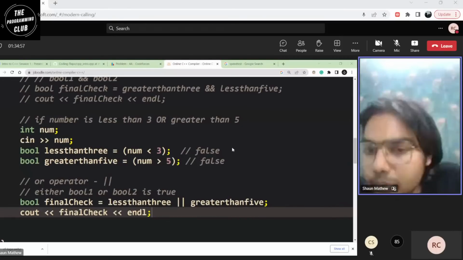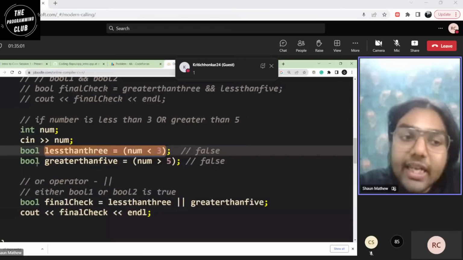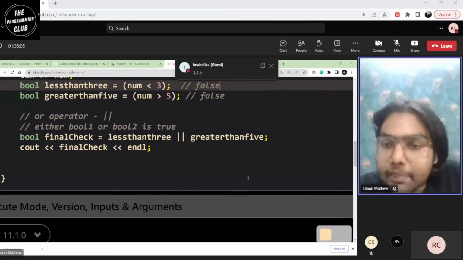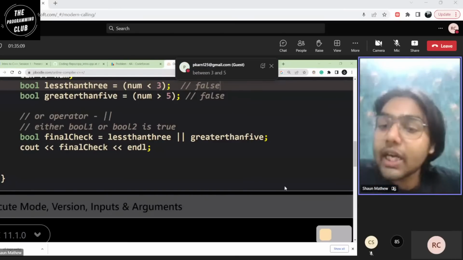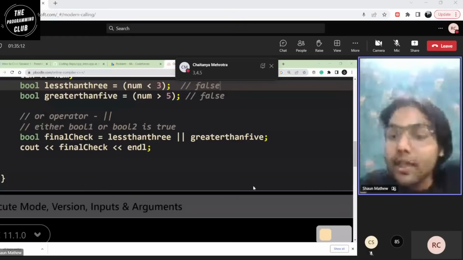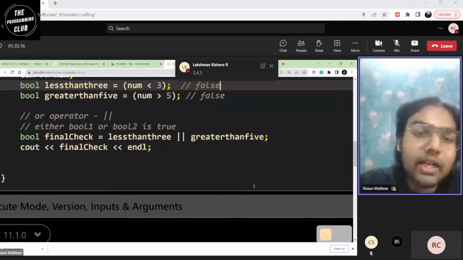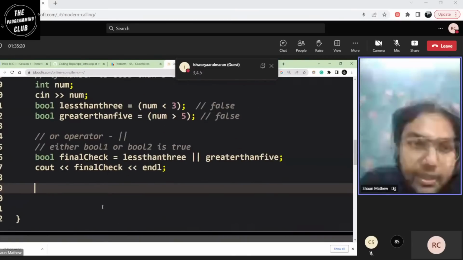It's actually very simple. Which are the numbers that are not less than 3 and not greater than 5? So between 3 and 5: 3, 4 and 5. Perfect. So that's what we are looking for. We are looking for the numbers 3, 4 and 5. If you get 3, 4 or 5, your answer would be straight away false. I hope you understood the and and the or operator here.